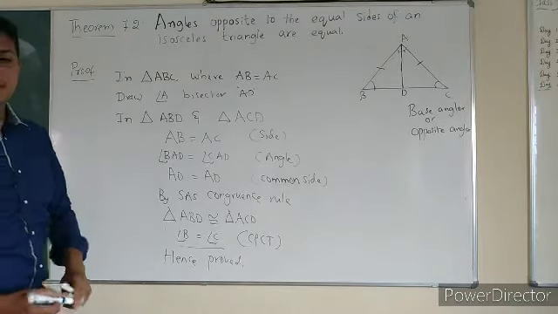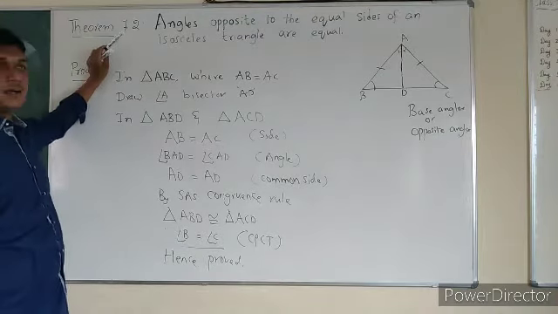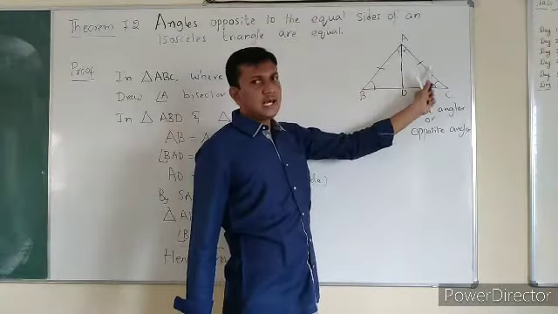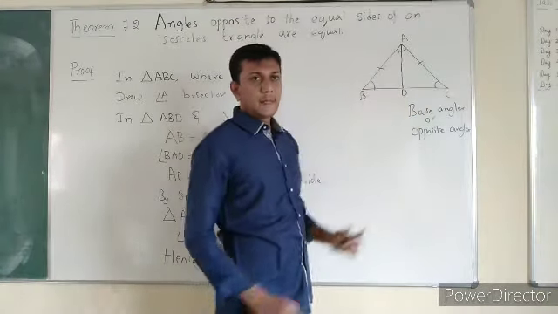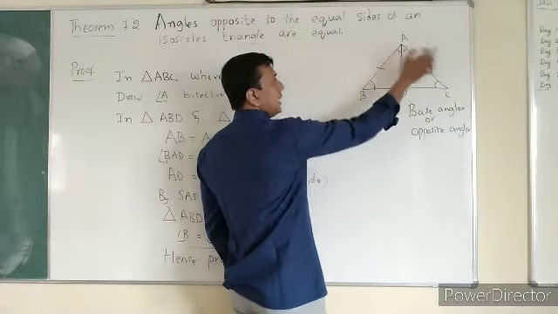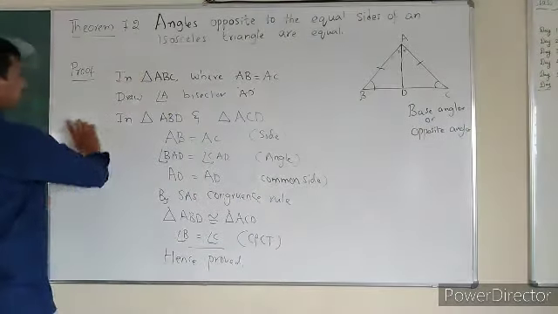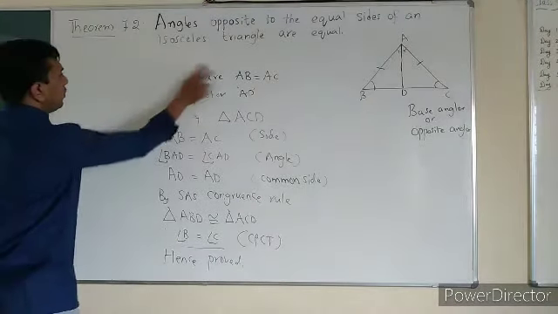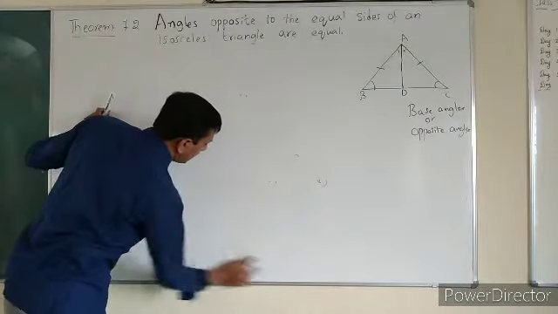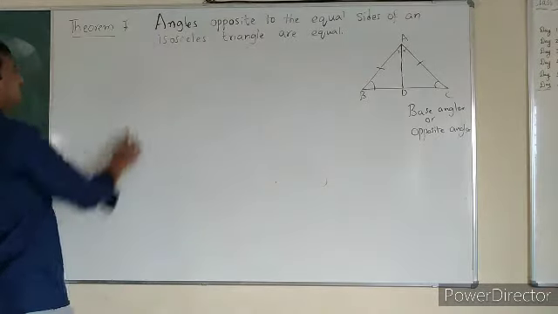There is one more theorem called the converse of this one. What is meant by converse? Reverse. We are saying that once the sides are equal, angles are also equal. But I am telling a converse: if angles are equal, automatically the opposite sides are also equal. So we will prove that one also. What is that? The converse of this theorem. Can anyone state it in your mind?